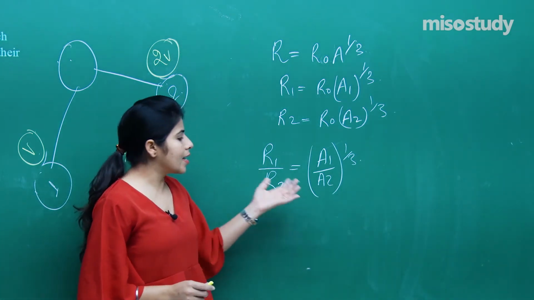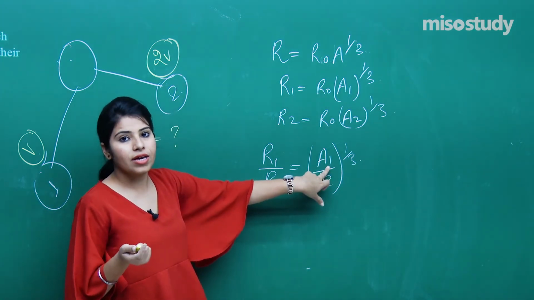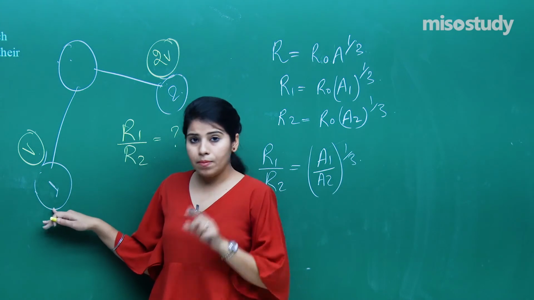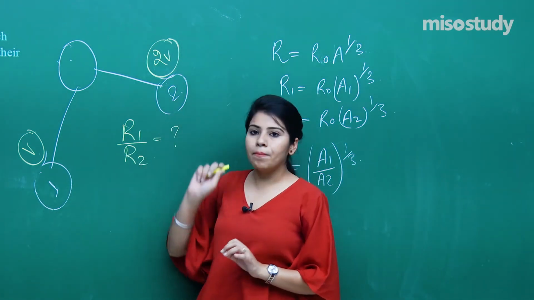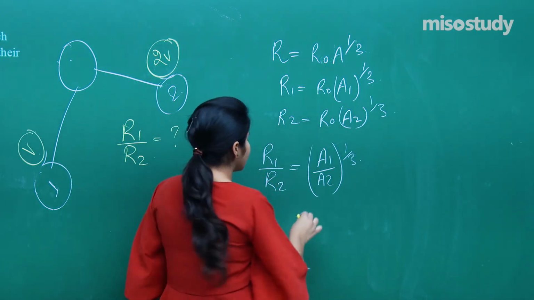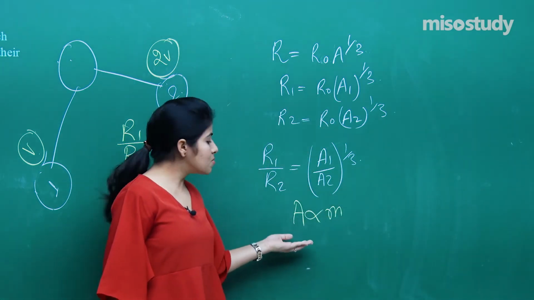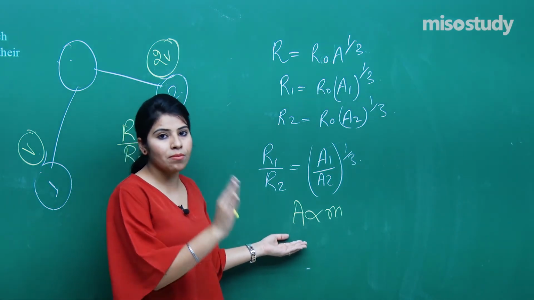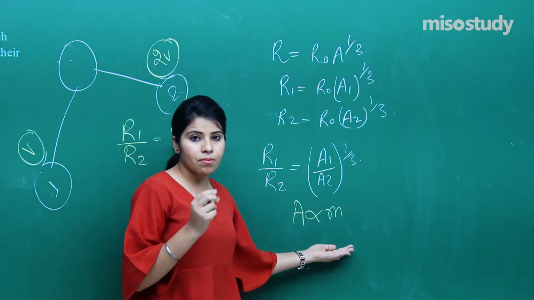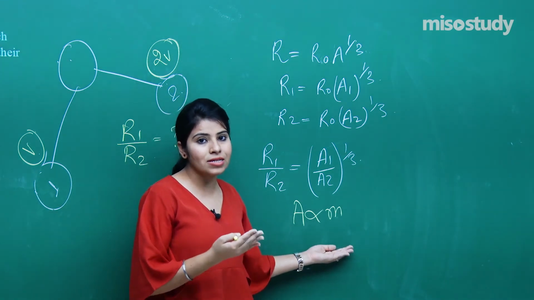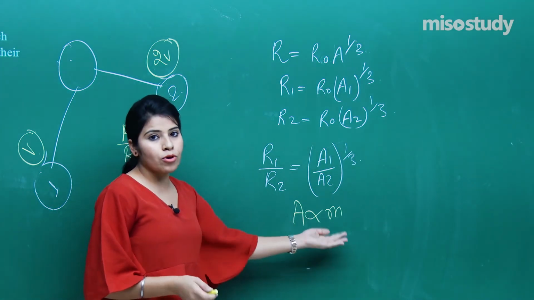So let me just see, I know that this mass number A1 is what? Mass number for part 1. A2 is mass number for part 2. We know that the mass number is proportional to the mass m, because mass number is the number of neutrons plus the number of protons. So definitely because we are talking about the mass number, we are talking about the mass. So this is proportional to this.